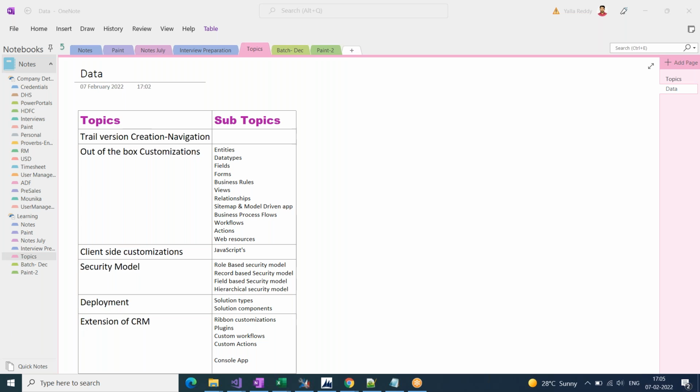Simply, everyone can understand: CRM is nothing but customer relationship management. The name itself has a meaning: you are going to deal with customers. Assume that you have your own organization and you want to establish a connection between you and your customers.